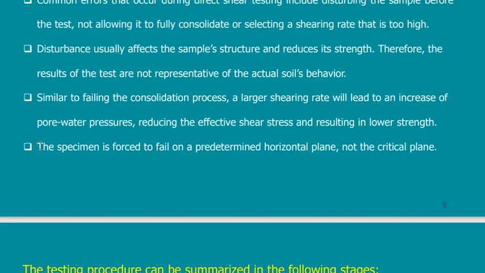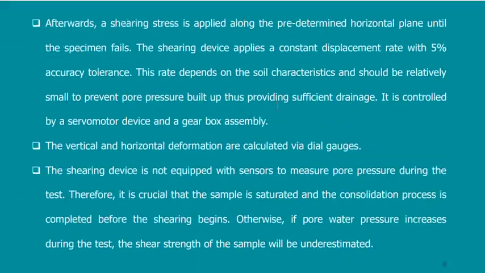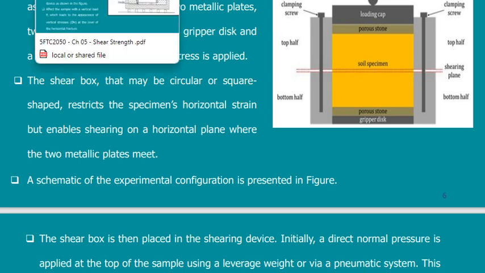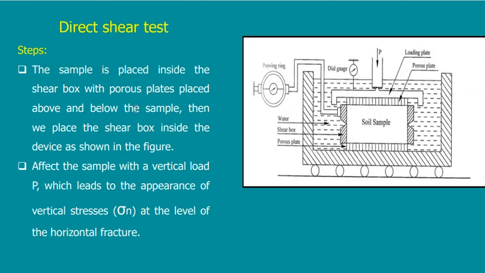Last thing, and this is a very, very important thing: the specimen is forced to fail on a predetermined horizontal plane, not the critical plane. Look at this. I'm pushing the sample from the top. When I push the sample from the top, the sample will be sheared on this plane. Is this the minimum or the critical plane? If you remember, in this